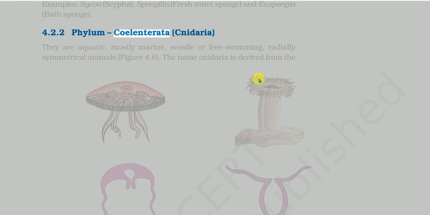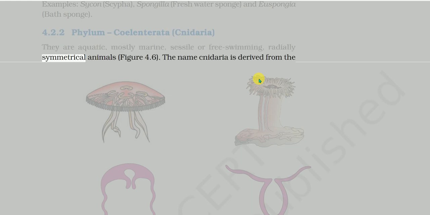4.2.2 Phylum Coelenterata, Cnidaria. They are aquatic, mostly marine, sessile or free-swimming, radially symmetrical animals, figure 4.6. The name Cnidaria is derived from the